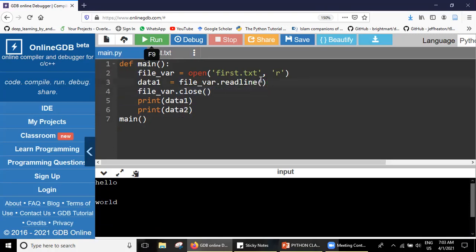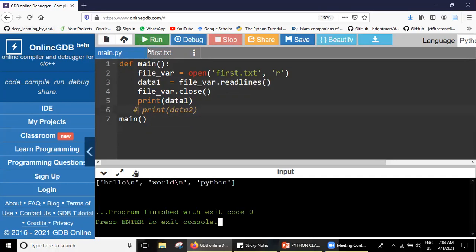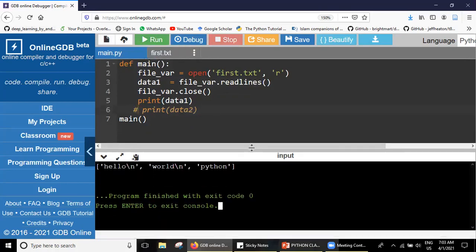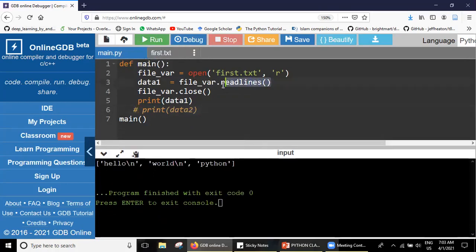Readlines, and let me comment this. When I use readlines, the usage of read and readlines is a bit different. When I use readlines, it gives me the result in the form of a list.